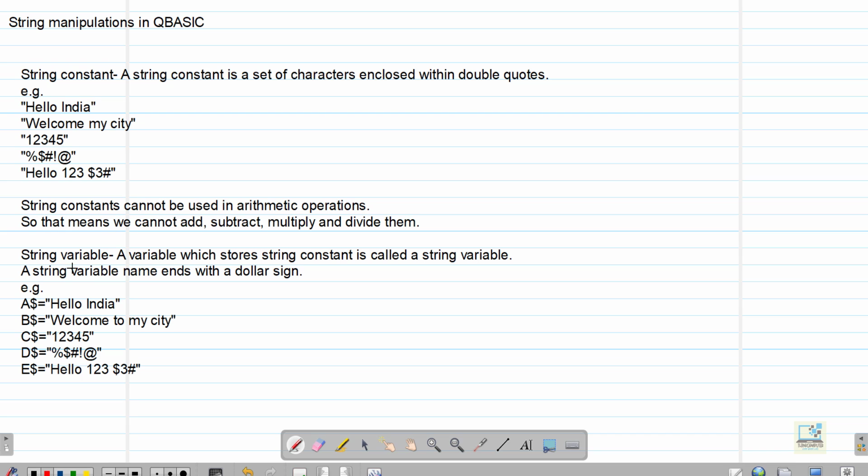Okay, so let's start with the concept of string constant and string variable. Starting with the string constant, by definition we can say that a string constant is a set of characters enclosed within double quotes. If any character, and by character I mean alphabet, special character, digit, space, or any symbol, is enclosed within double quotes, it has to be within double quotes,